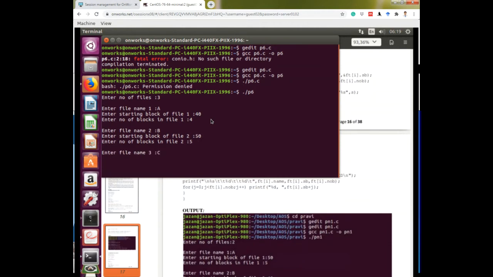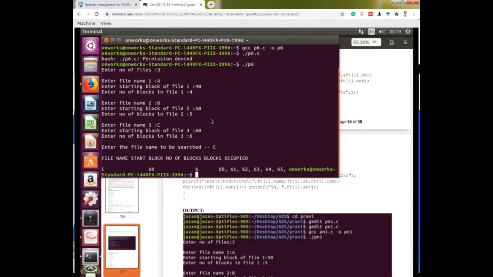File name C, here 60, here 6. Enter the file name to be searched. Let's say I want to search for file C. Then see, it is showing C, it starts at block 60, contains 6 blocks, and it is stored in 60, 61, 62 up to 65.